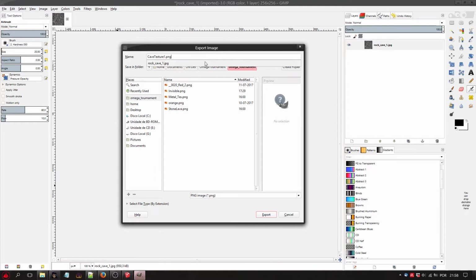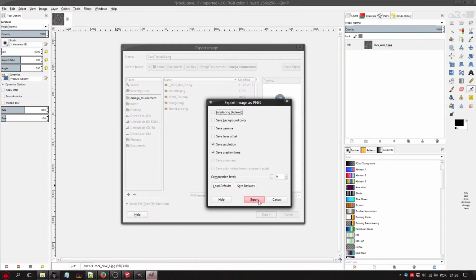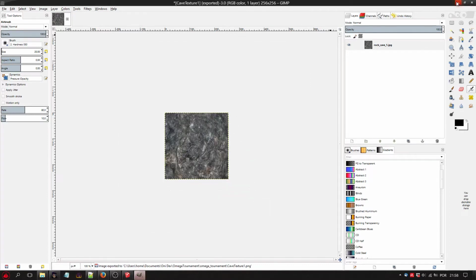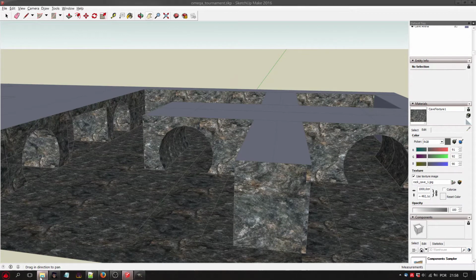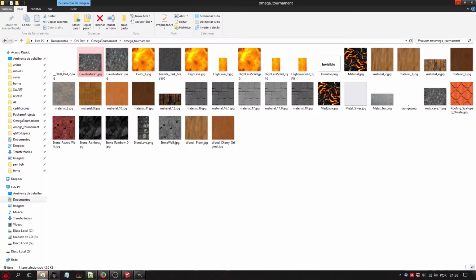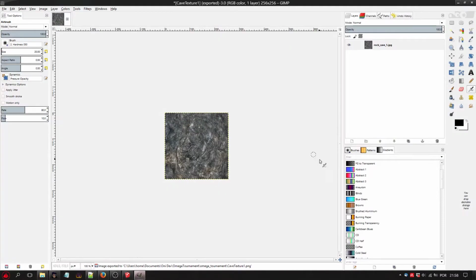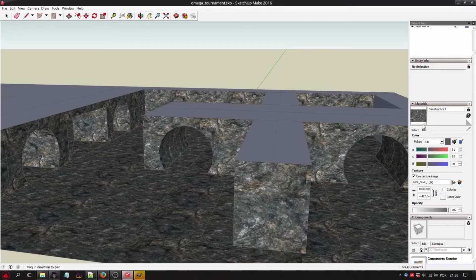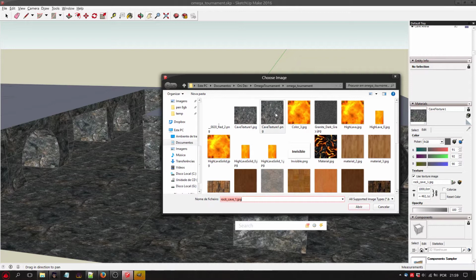Okay, so let's call it cave texture one PNG. Let's save it. And now you need to edit the image right here, so it picks up the PNG version.